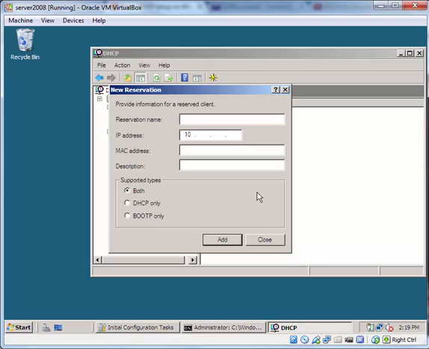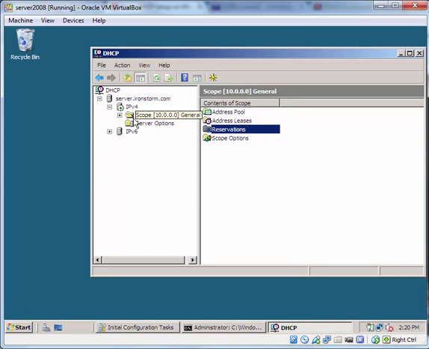Now what a reservation is, is that you are reserving a particular IP address for certain computers. You might want to do this for maybe a print server, a printer, or a special client you have coming in. I recommend that you set this address outside of your scope, or outside of the range of addresses you made earlier. That will make things a whole lot easier. So you put in a reservation name, the special IP address that you like, and the MAC address of that computer, description, and just click add. Well, I don't need to do this right now, so I'll just close this